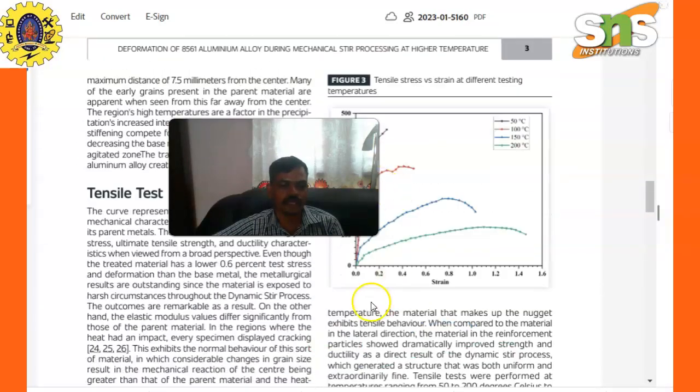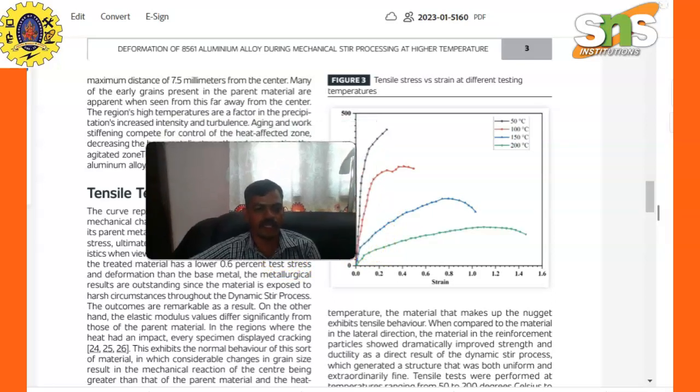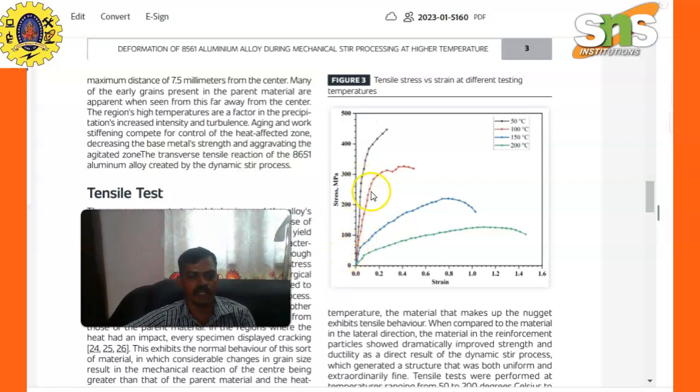The tensile test, stress strain curve represents the behavior of the alloy's mechanical characteristics compared with those of the parent metals, and exhibits outstanding yield stress and outstanding tensile ductility